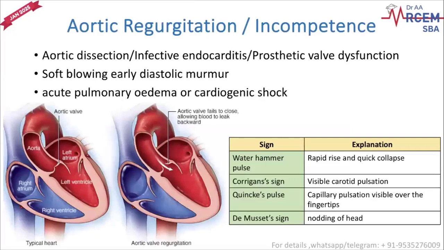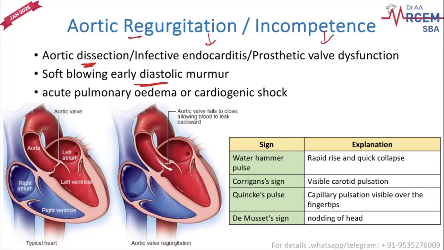Aortic regurgitation, also known as incompetence. Regurgitation, other name is incompetence. Aortic incompetence, aortic regurgitation, names are one and the same. Mainly seen during aortic dissection. A patient who has retrosternal chest pain radiating to the back, has a murmur, then you're thinking of aortic regurgitation. Can be seen in infective endocarditis, can be seen in prosthetic valve dysfunction, a soft blowing early diastolic murmur,